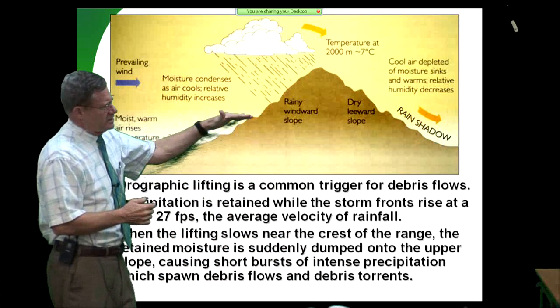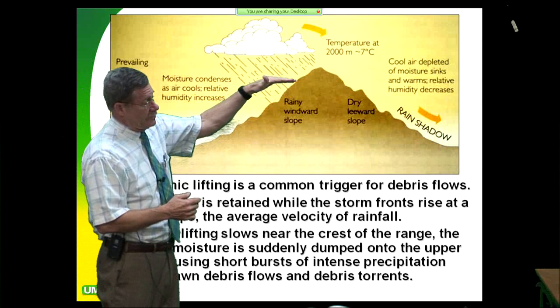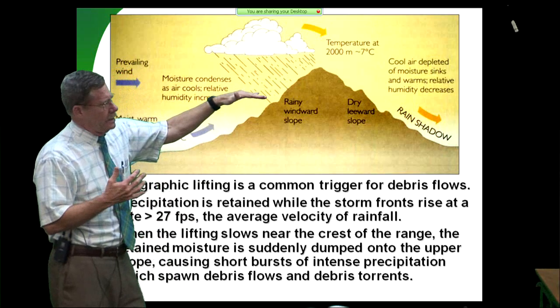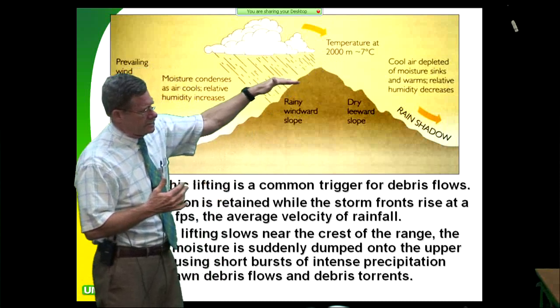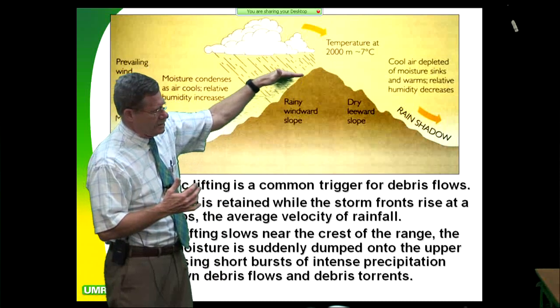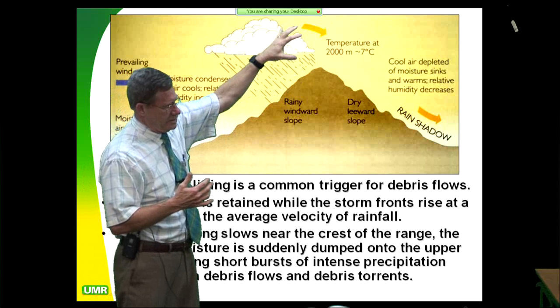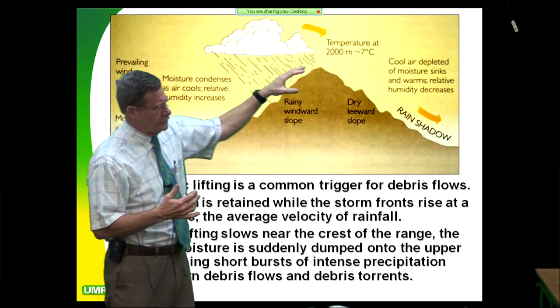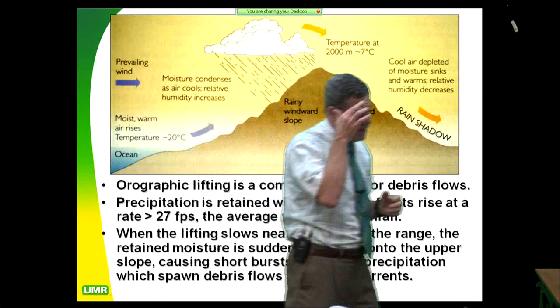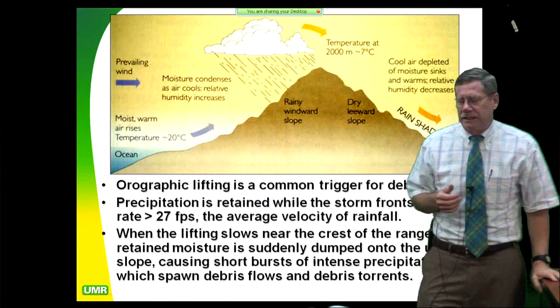So if this is rising at greater than 13 feet per second, it retains the rain until it senses that it's going to go over the top of the mountain range. So right about here, right about 80% of the way up, right there, it just suddenly drops all this retained water. Now, we first got a hint of that back in January 1943